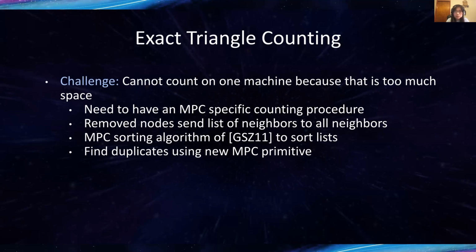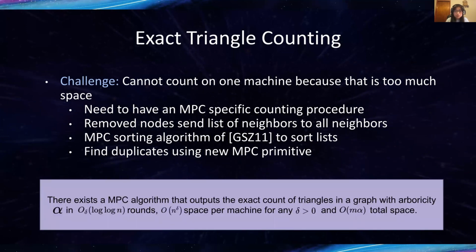To solve this issue, all removed nodes first send their list of neighbors to all their neighbors. Then we use the MPC sorting algorithm of Goodrich et al. to sort all received neighbor lists with the neighbor lists of the receiving vertices. We then find all duplicates in the sorted list using our new MPC primitive. The number of duplicates then gives us the count of the triangles, which directly leads to our second result,